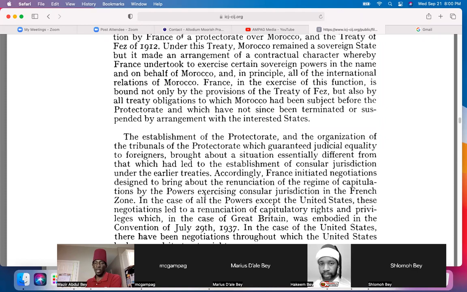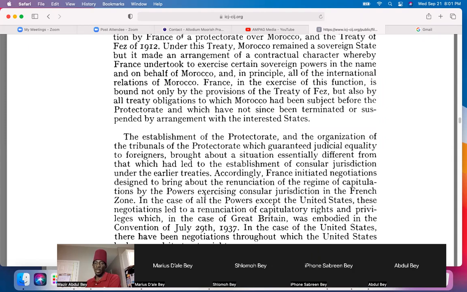I mean, it's in the documents, man. It's not something that we're making up here. You can't debate me. You can't argue with me, because debating me and arguing with me is arguing with the Sultan and the treaties and the judges. That's my reference points. But I'm reading it right here.